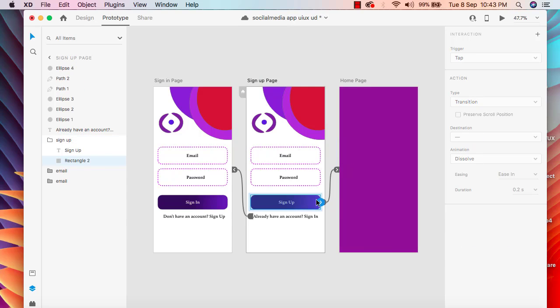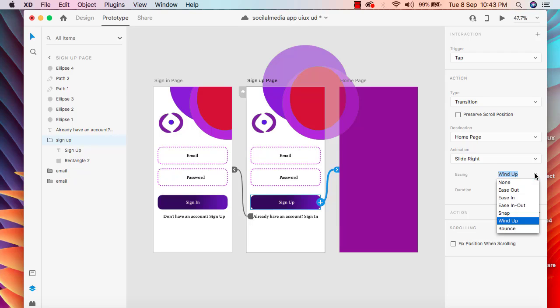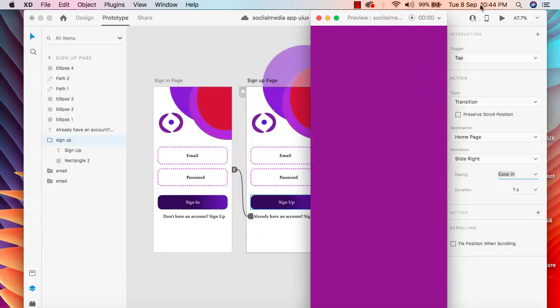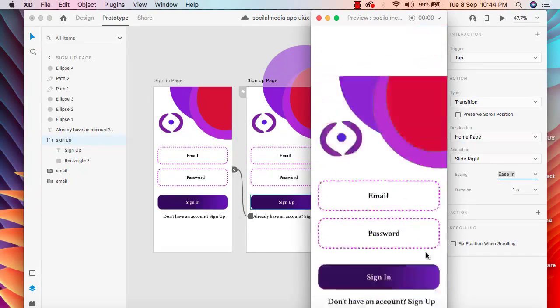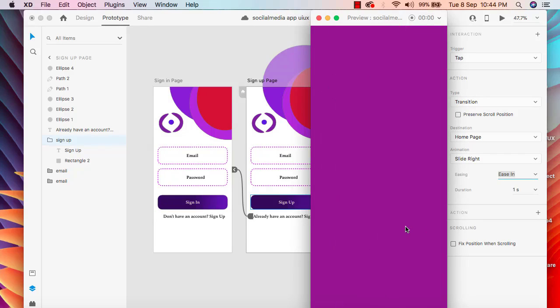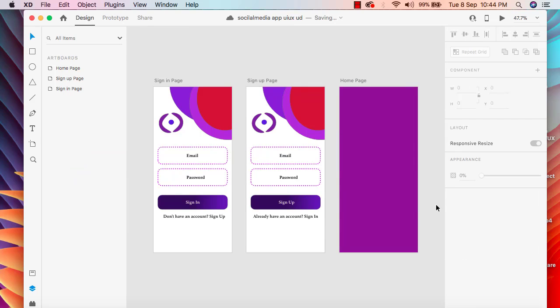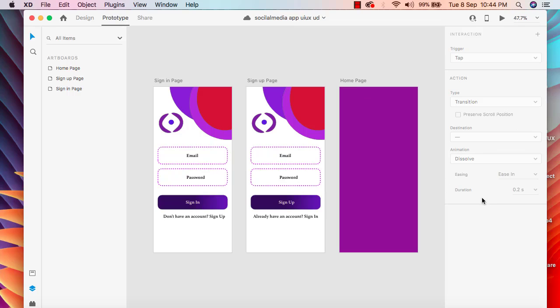So select this button, and in here we need to select the tab, and then instead of wind up we need to add here our easy in. Now let me run it and sign off. Here you go, easy in, and move to sign in, then click on sign in, and here you go. So it looks pretty good. So we have successfully finished our prototyping, and I guess you have learned about animation and transition and several other things that I have shown you